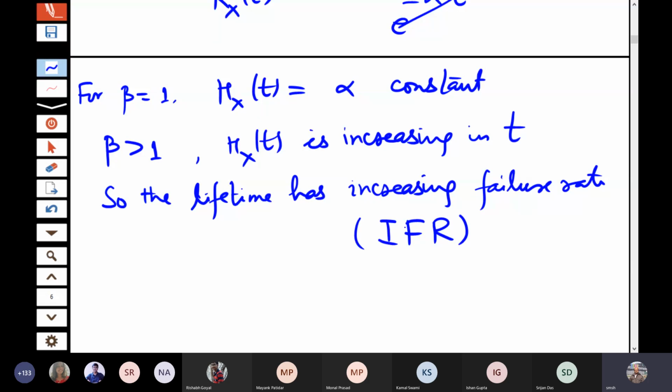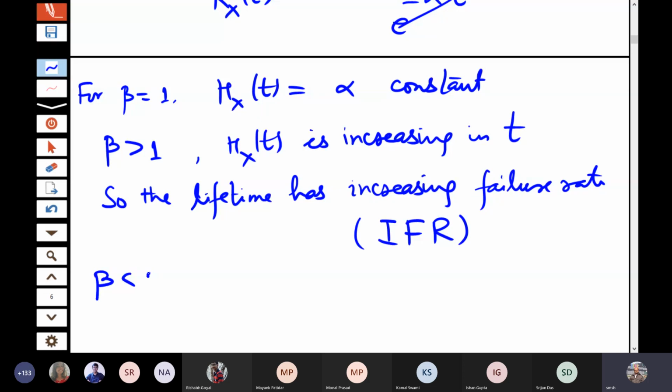So you can think of so many things where it is an increasing failure rate. For example, your mobile phone, as the time increases, the rate of failure increases. Your laptop or any other kind of electronic system that you have in your home, your television set or many other things. As the time increases, the rate of failure increases. Okay.